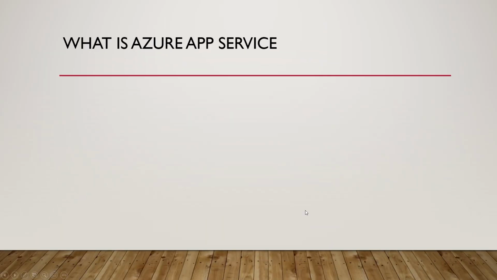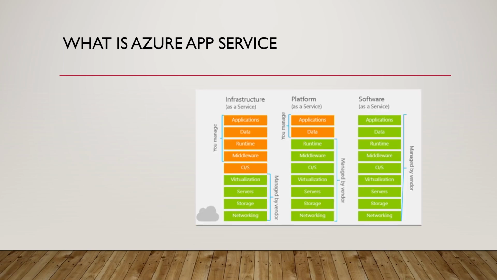So what is Azure App Service? Azure App Service is a platform as a service resource on Azure that allows you to host your application. Now, on Azure, you can host your application in what is called infrastructure as a service, and those are things like VMs and even AKS. But you can also host your applications on what is known as platform as a service,